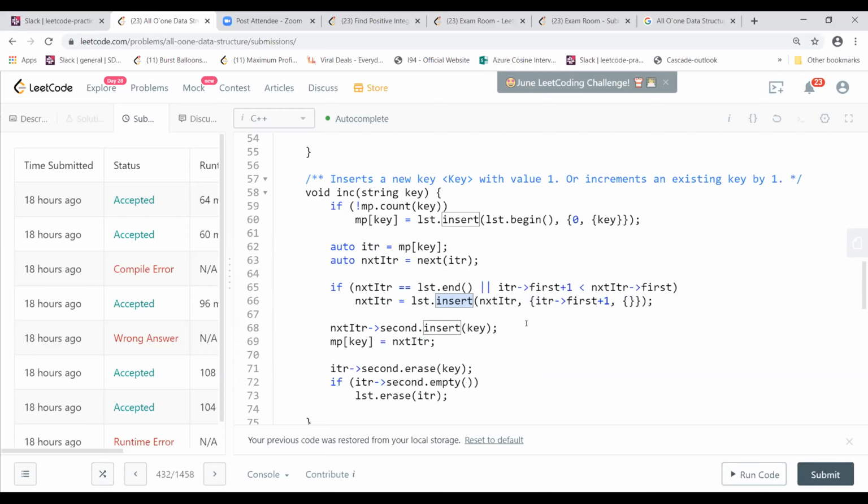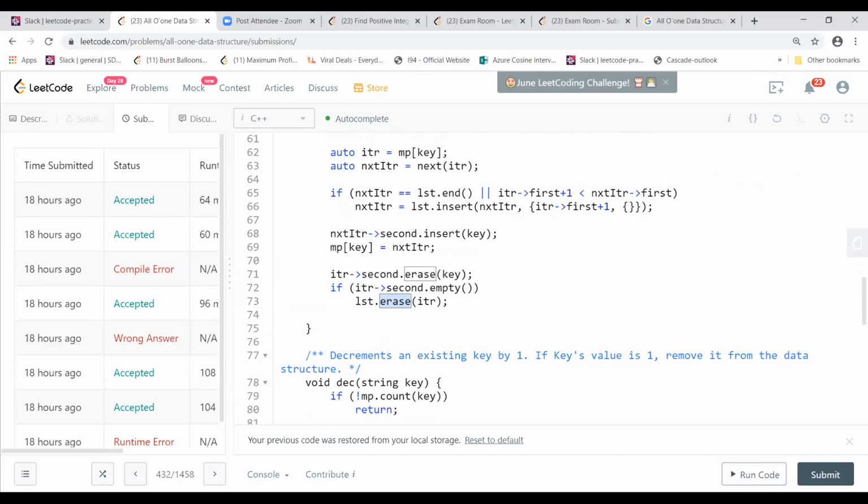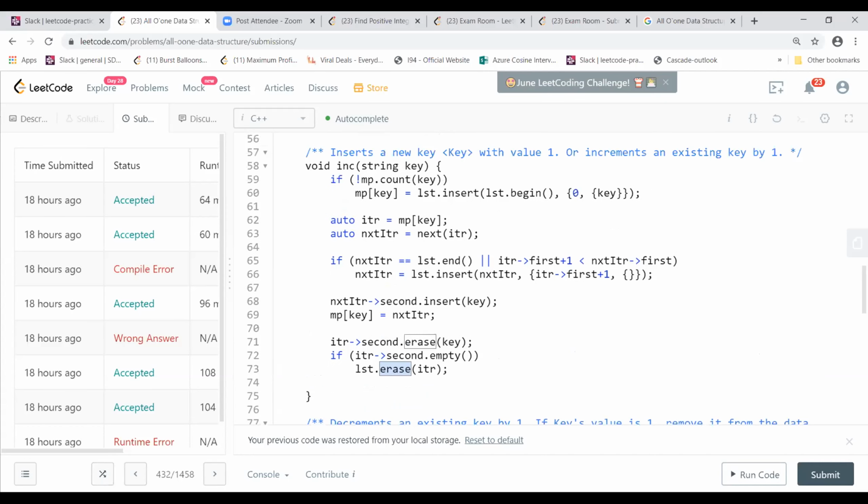Correct. But then why the time complexity? Is it because of the erase part? Not the erase part. I don't know exactly how they measure all these times. Sometimes I notice that there is a single line statement and it takes a lot of time compared to other Java submissions. So I'm not sure. Actually, this is O(1). Yeah, you're right. Sorry, Praveen. But I think this is the solution expected for this problem, as this problem is marked as hard.